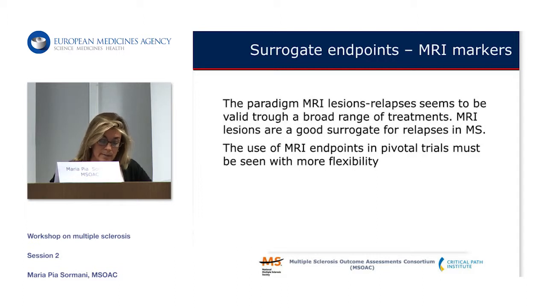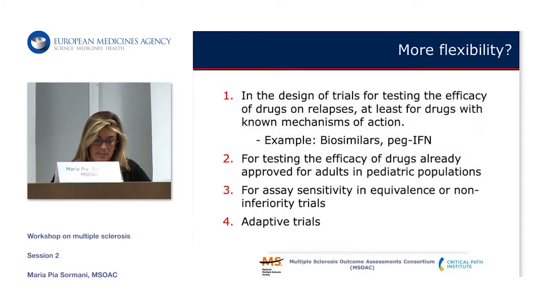So, my suggestion for changing the guidelines is a call for more flexibility about the use of MRI as a surrogate. What I mean by more flexibility is that I think MRI can be used in the design of trials testing the efficacy of drugs on relapses. If our aim is to test the efficacy on relapses, we can use MRI, at least for drugs with a